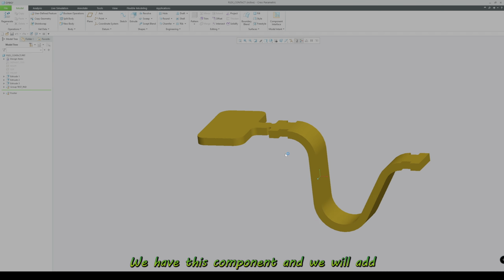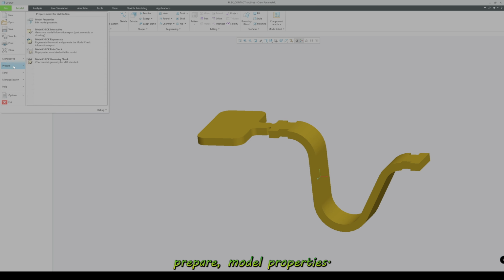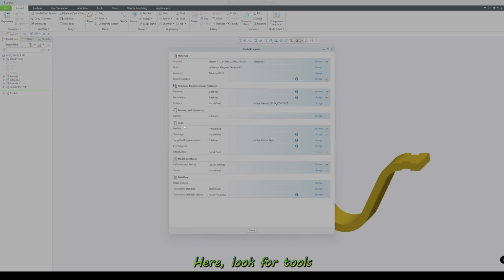We have this component and we will add flexibility inside this component. We will make one dimension and one feature flexible in this component. Click on File, Prepare, Model Properties. Here look for Tools and select Flexible.